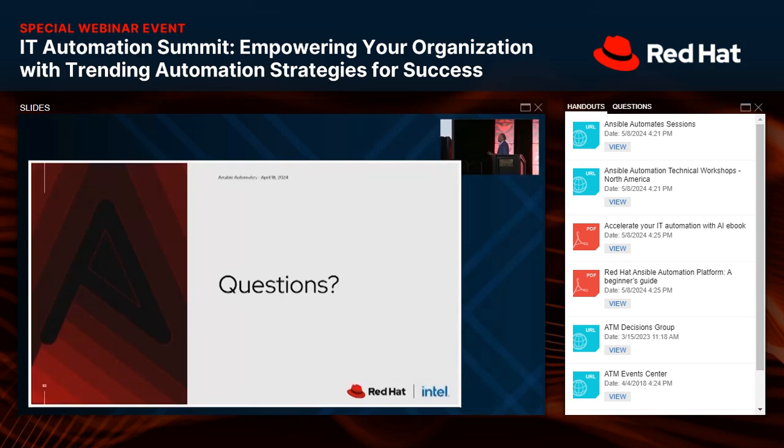I want to ask a quick question. What is the level of expertise needed to start a COP? Do you need to be an expert in a specific tool to start a COP, or can you, with your basic knowledge, start a COP? So we like to make sure that a COP is tool agnostic, right? So you don't really need a tool to start a community. What you can do is build a community around a tool and technology, but don't limit it. You can have multiple communities around technologies, right? So hopefully I answered that question.